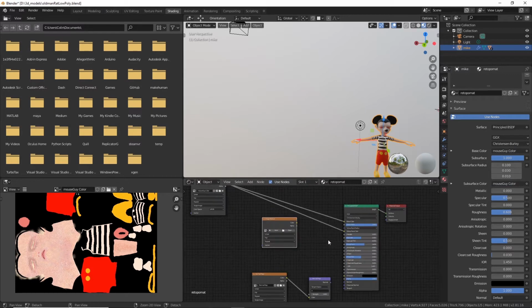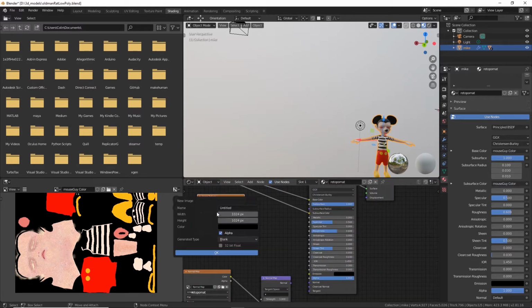Stick it here, make it new, and in this case I could probably get away with a 2046 instead of a 4092, which is what I've painted the color map with. I could probably even do a 1024, but I'm going to leave it at 2046 to get a sharp edge. We don't need an alpha, it's going to be a black and white image, and we'll call this